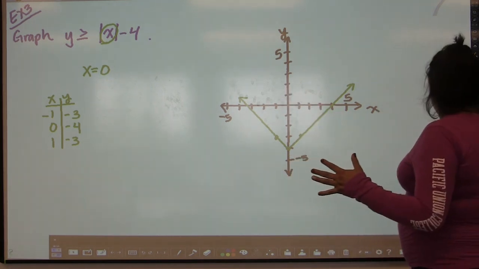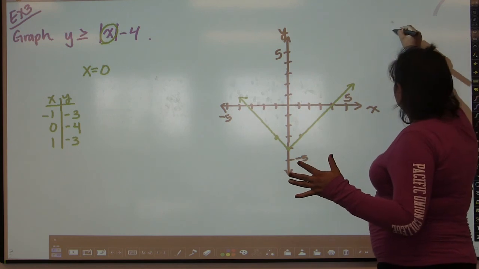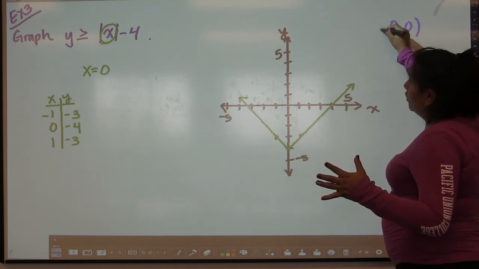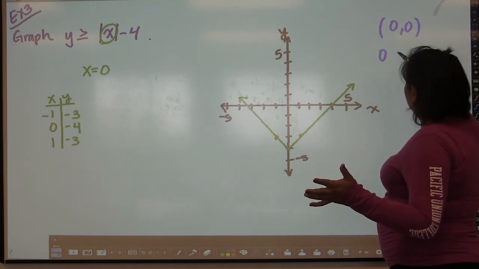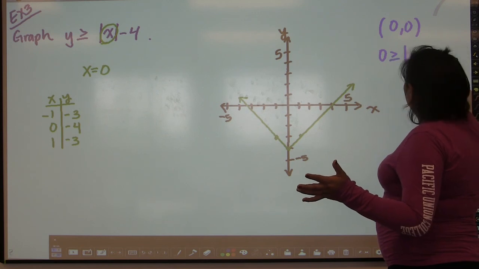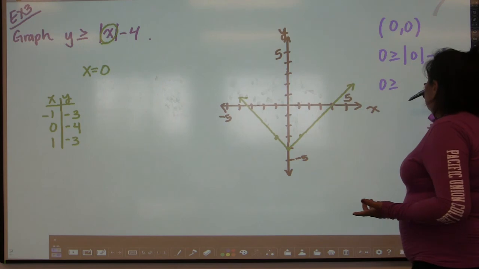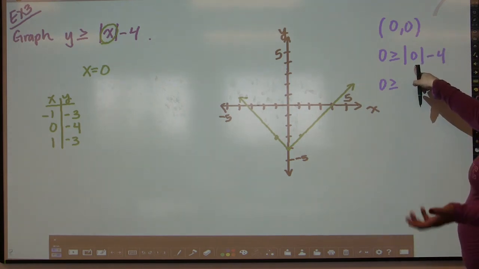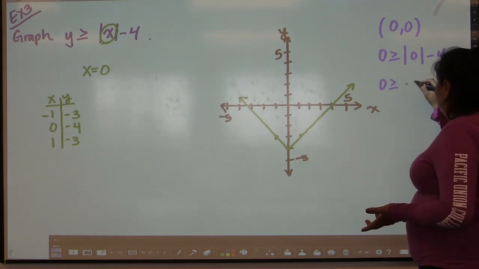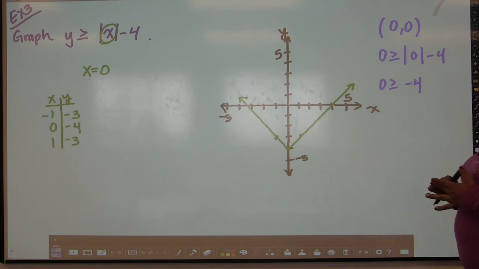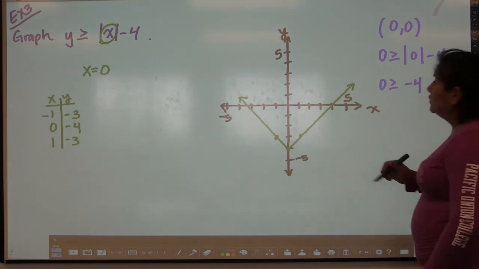But again, the lie detector test will still work for us here. So we're going to put 0 in the place of y, 0 in the place of x, and then see what we get. The absolute value of 0 is obviously 0, and 0 minus 4 is -4. So the question here is 0 bigger than -4? And we said earlier that 0 is bigger than any negative number. So therefore,